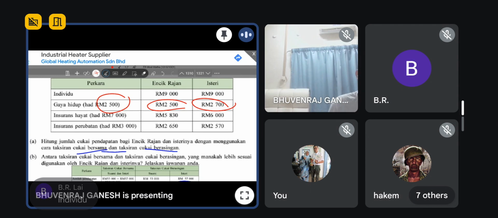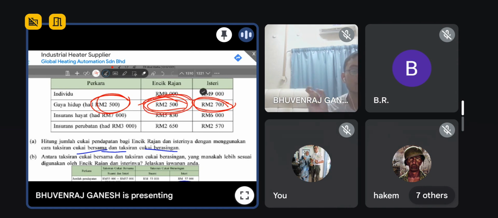Individual, you just follow only. If 2,700 cannot, so you must use 2,500. 2,500 can lah. As long as it's equal to or less than, you can use the value directly based on the heart. Okay. So for joint tax assessment, if you plus both greater than 2,500, you have to check and